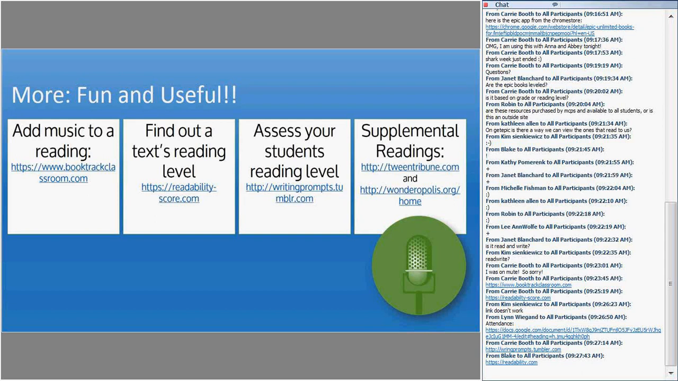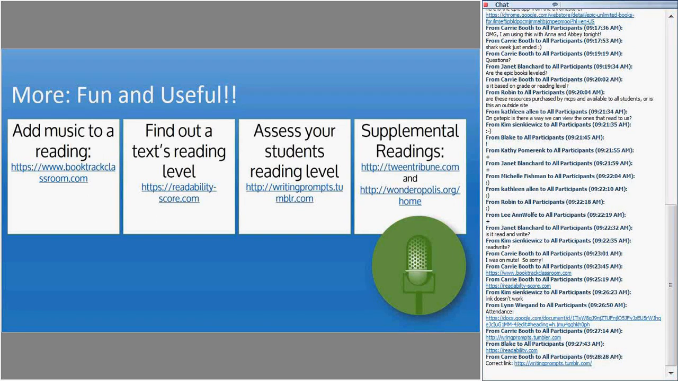And supplemental readings. Now, remember, 21st century reading does not have to just be books, and it doesn't have to just be textbooks. It may be articles. It may be something that you found online. So we have two really great age-appropriate sites where you can access really timely information for your students to read. Again, it doesn't have to be a textbook or a book. It could be an